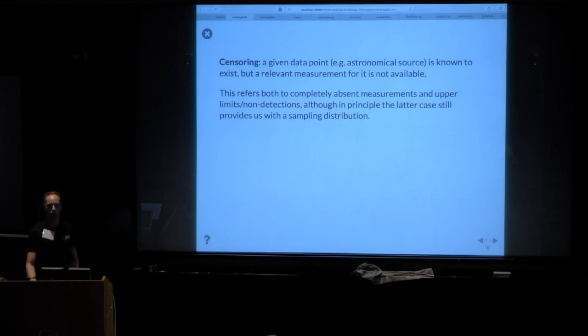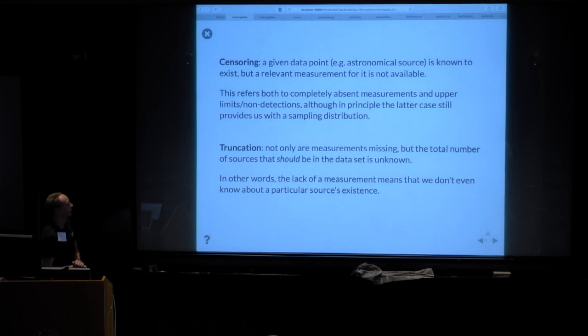So we're looking at all the stars in a globular cluster, say, and we've measured all of their optical brightnesses, but we wanted to get all of the radio brightnesses, but for some reason or another, we weren't able to observe all of them. It also is used to describe the situation where you try to get that second measurement, but you don't detect the object, and then people would say, maybe we have an upper limit.